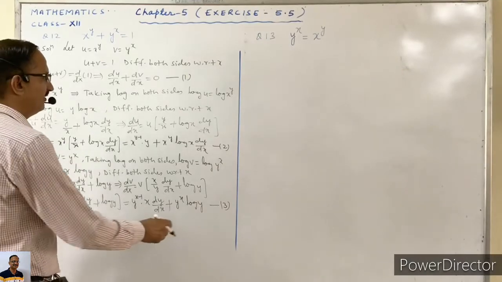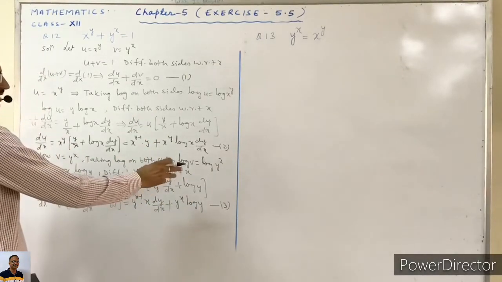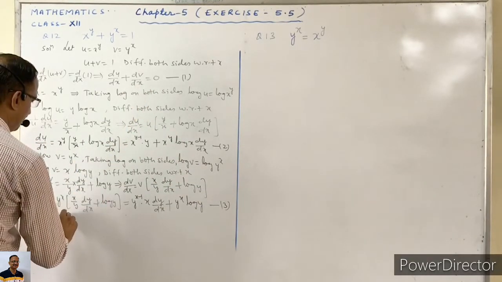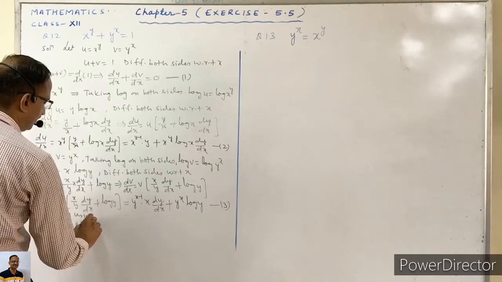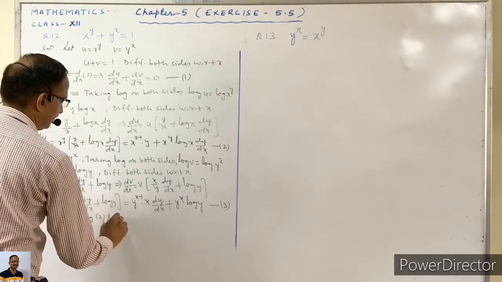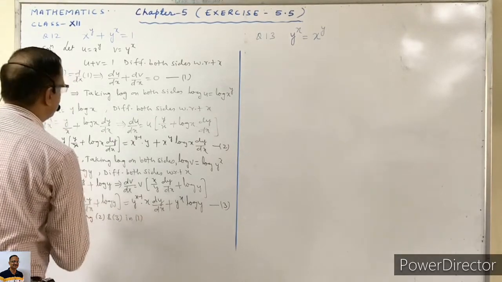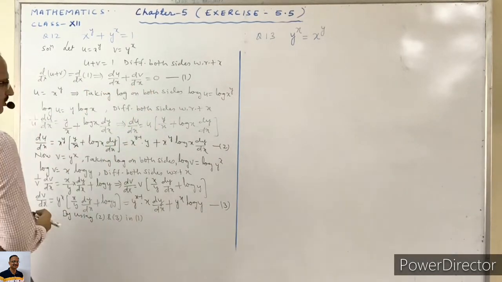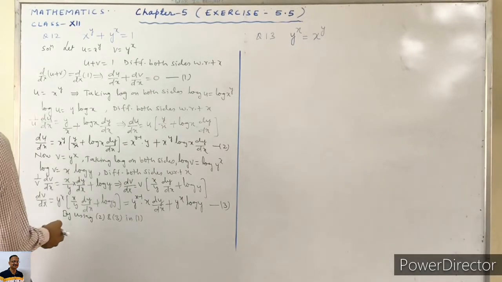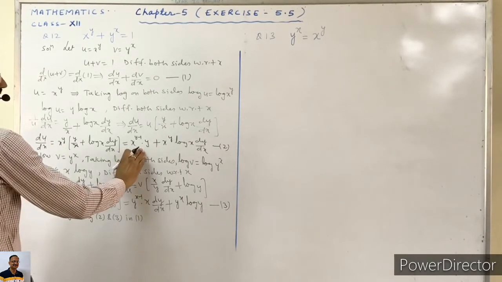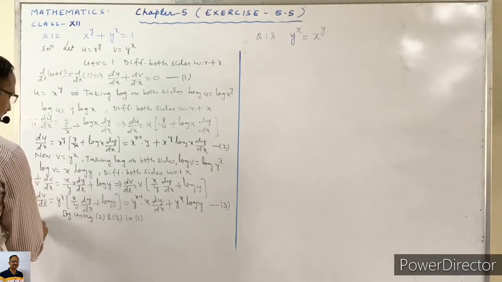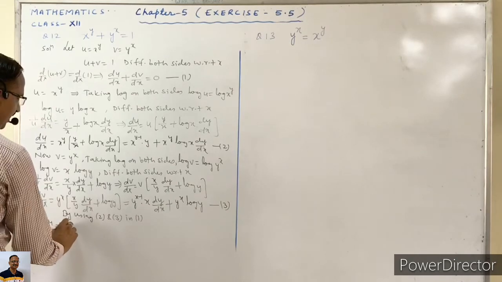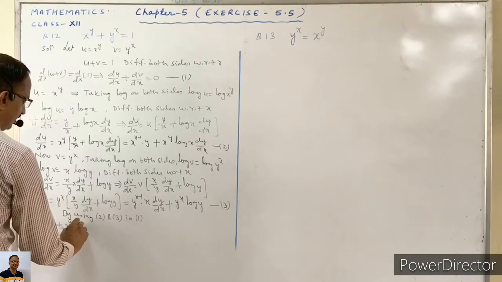Now we will put the values of du by dx and dv by dx from second and third in first. So by using second and third in first, we can write this equals to 0. So du by dx is from first, this is the value. So we can write x raised to power y minus 1 into y plus x raised to power y log